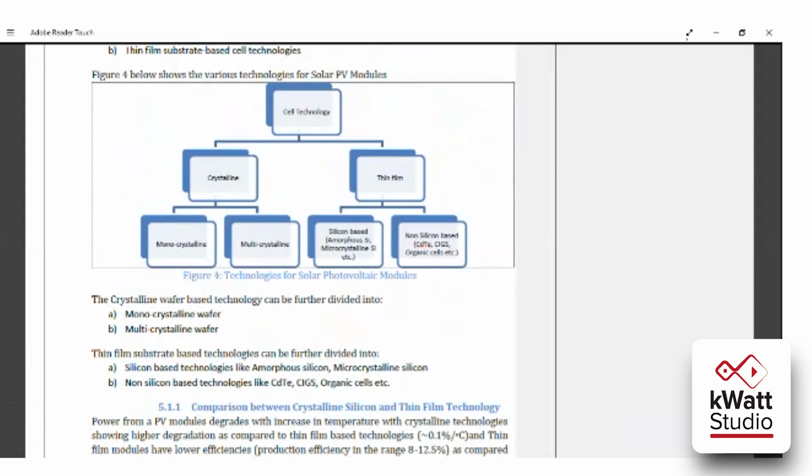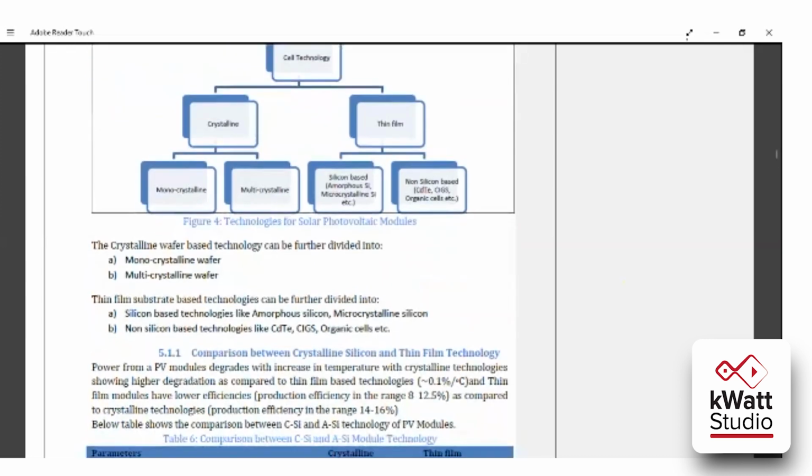After that, polycrystal solar modules, that is multi-crystal solar modules, have good efficiency but less than monocrystalline. The third one is thin film. It has very low efficiency but some benefits which are different from crystalline, like low temperature effect, flexible nature, and low cost.